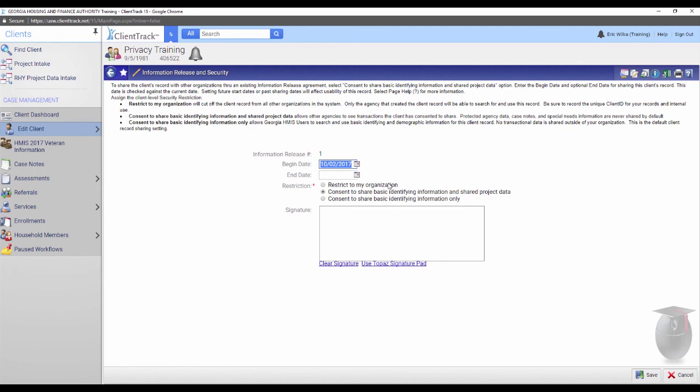And last, case notes, barriers, and protected agencies have their transactions defaulted to Restrict to My Organization. So regardless of what other information release settings are here, if a transaction is marked as Restrict to Org, it